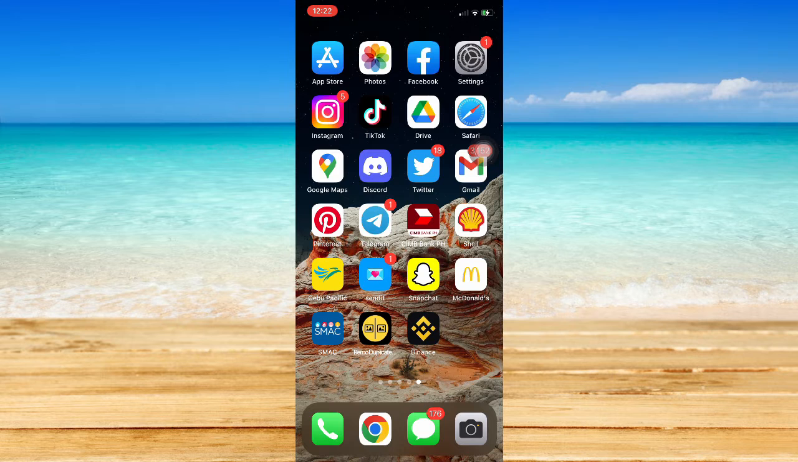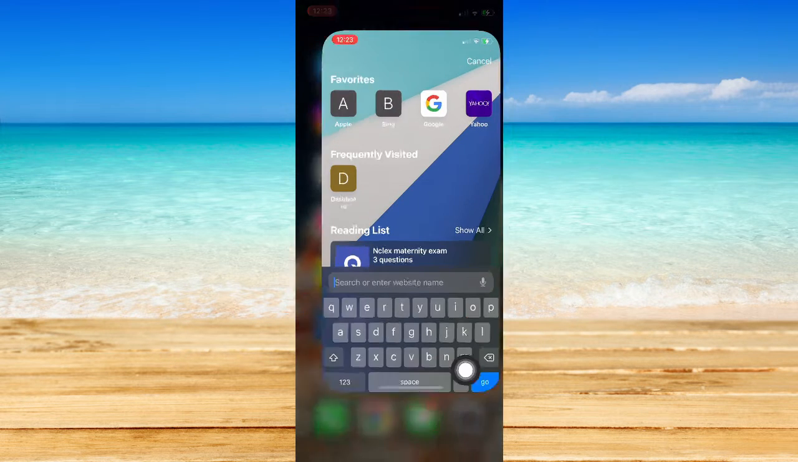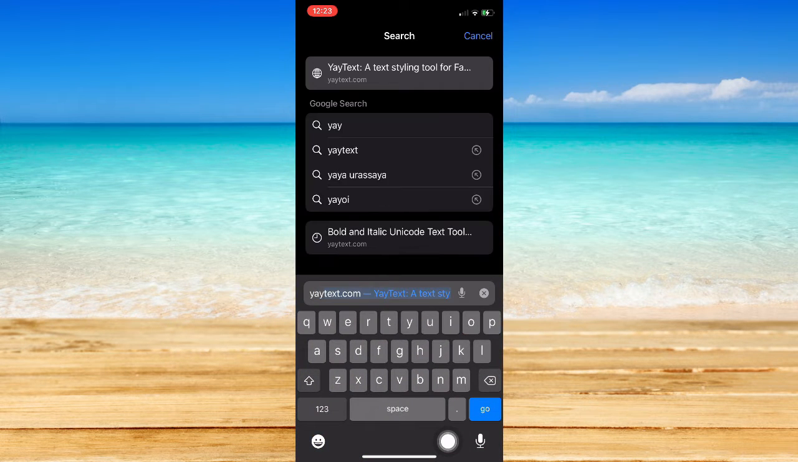Since we cannot use the Facebook app in making our text bold, what I would like you to do is first have a working internet connection by connecting to a Wi-Fi or your mobile data. And then, once you have connected, make sure also to open your favorite web browser such as Safari or Chrome right here. So open it and then type in